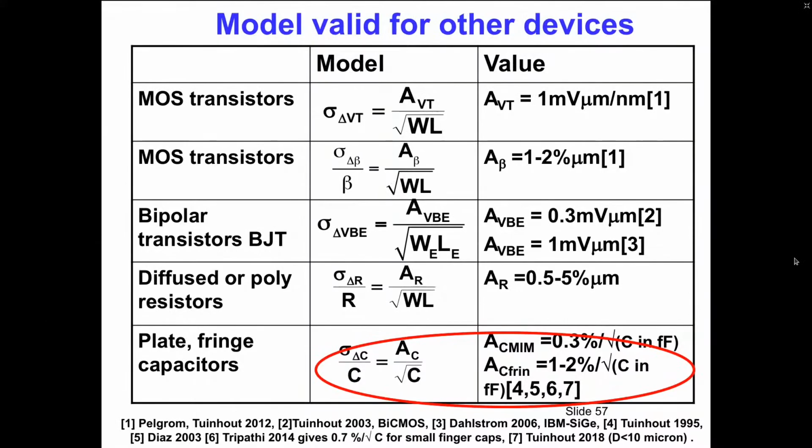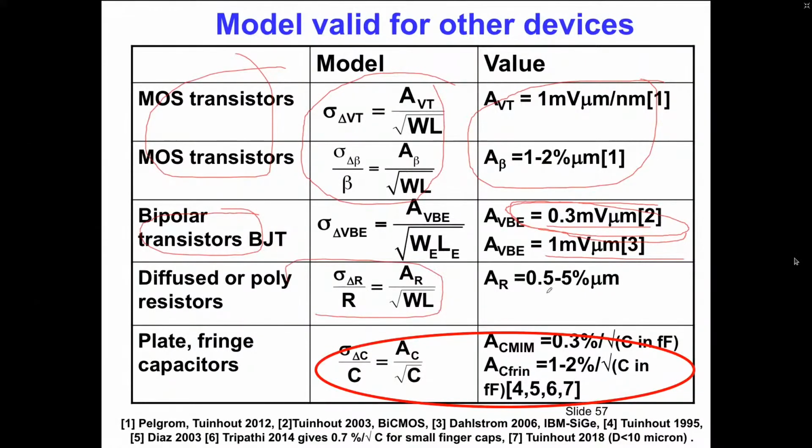If I summarize a bit the mismatch stuff, then for most transistors we have this type of description. I put here a value and the reference that's given there. It is equally valid for the base of a bipolar transistor. It depends a bit on what type of bipolar you use, a SiGe or say a parasitic transistor. And then it turns out that the CMOS parasitic transistors have a much lower matching than the advanced high-speed transistors. Interesting thing to remember.